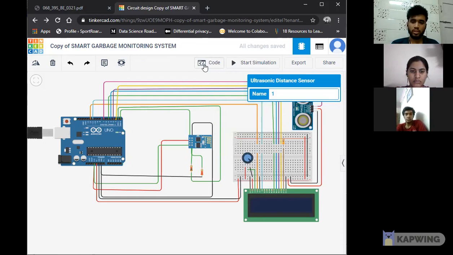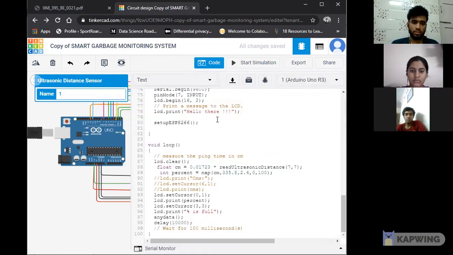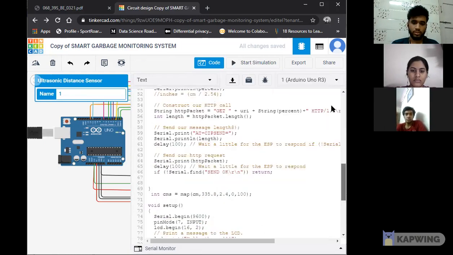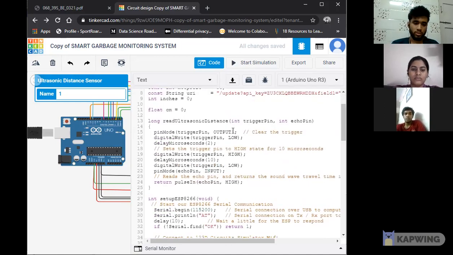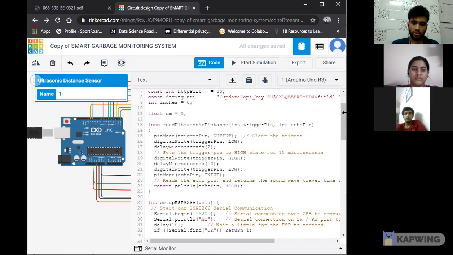Now we move on to the code. As we use Tinkercad, we do not have any password for our virtual Wi-Fi. So over here, first off, we include all the basic libraries that are required to set up the environment. And as we use the Tinkercad virtual Wi-Fi and the SSID, no password is required. So we initially set up the environment, and now we move on to the components part.